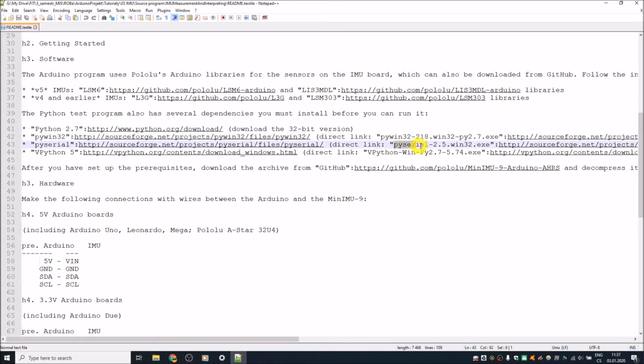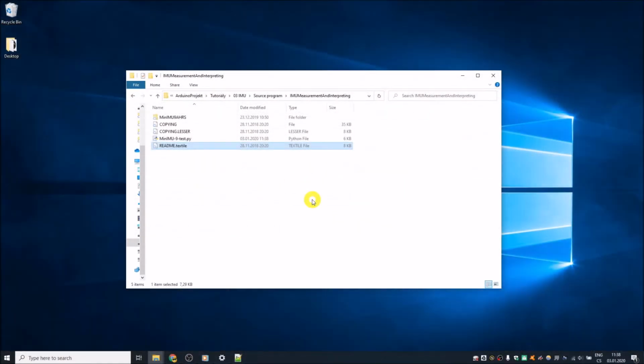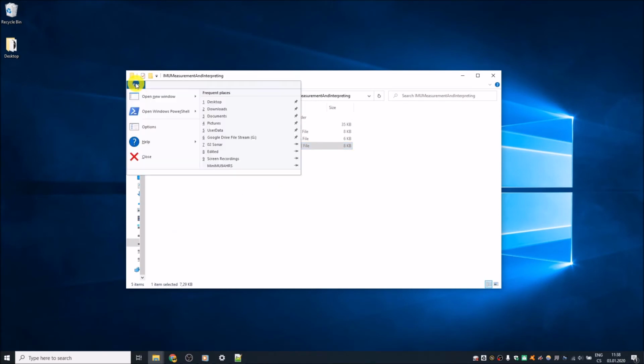There are newer versions, but the script will not work with newer versions of the listed software. I spent a lot of time trying to run the script, and just because I had a newer version of VPython. Then I downgraded my VPython and the script immediately began to work. If you have finished the installation of all these tools, we can continue.